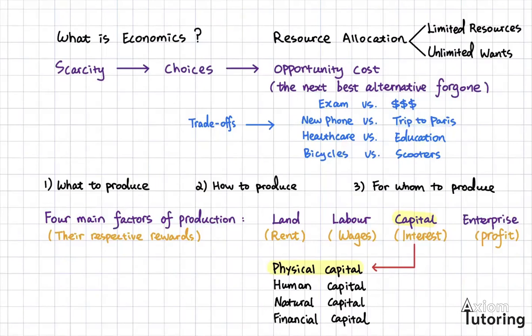If a government allocates additional funding to the healthcare sector rather than education, the opportunity cost might be the potential improvements in education outcomes and labor productivity that could have been achieved with that funding. And if a firm uses its factory to produce bicycles instead of electric scooters, its opportunity cost would be the profit it could have earned from selling those scooters. So you get the idea of opportunity cost and the idea of trade-offs from these examples.